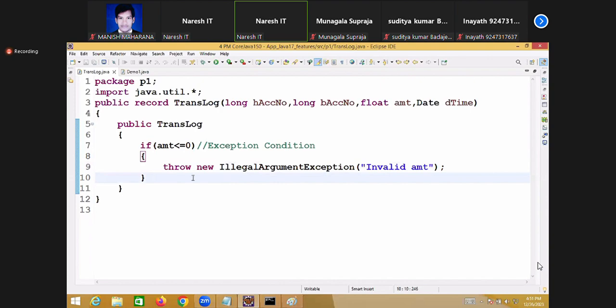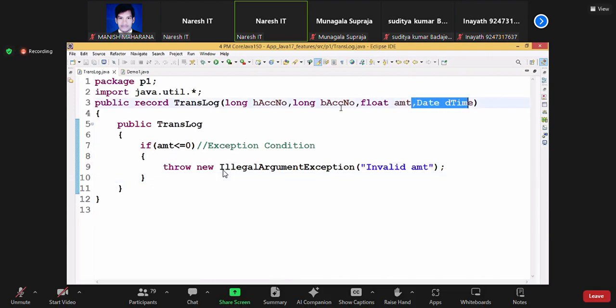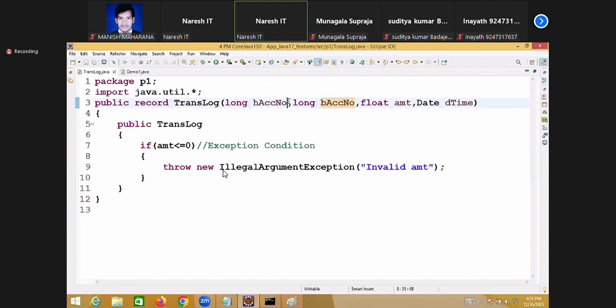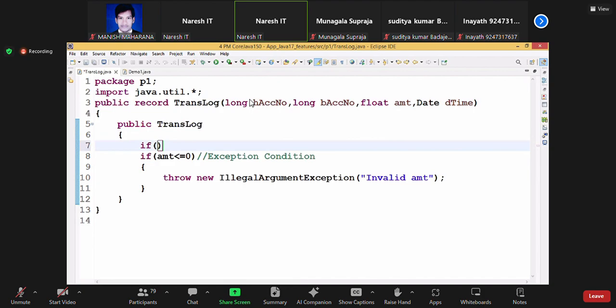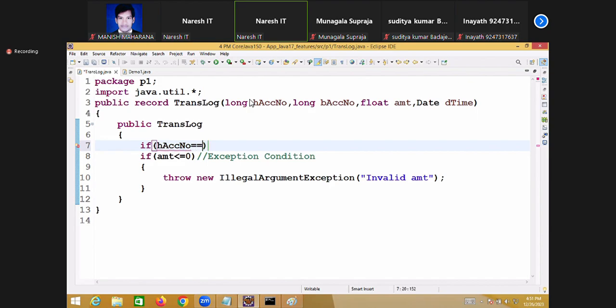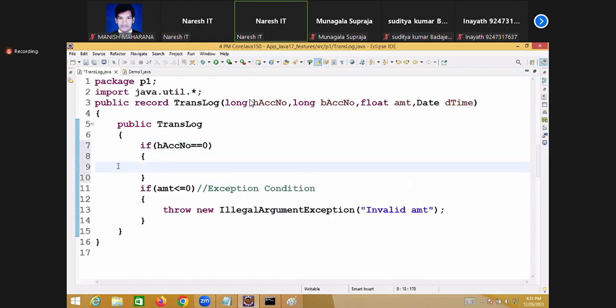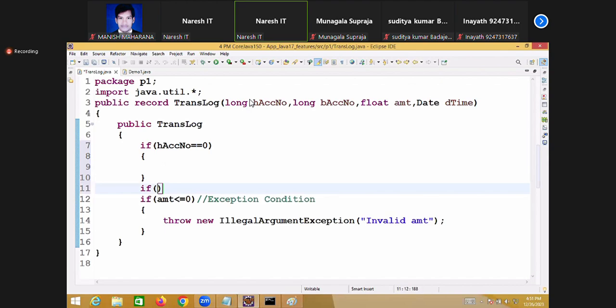Now, like this, you can write conditions for all. Suppose if it is a 0 value, you can raise the exception. It cannot be 0, right? If you don't enter, it will be 0, since the default value is 0. Whenever it is 0, invalid account number will come. You can write it here. So if home account number equal to 0, if beneficiary account number equal to 0,